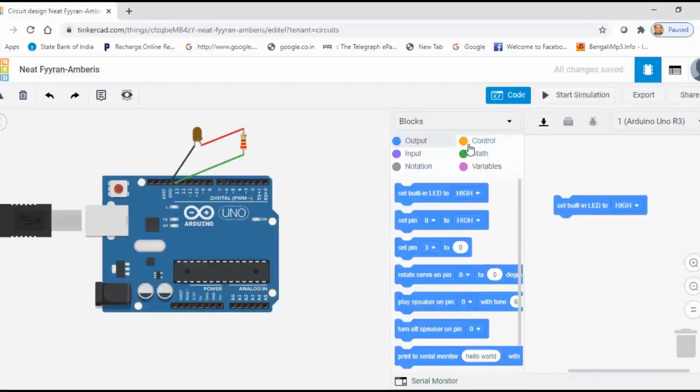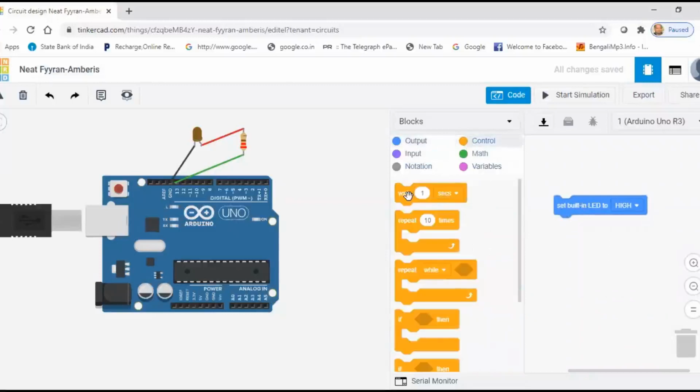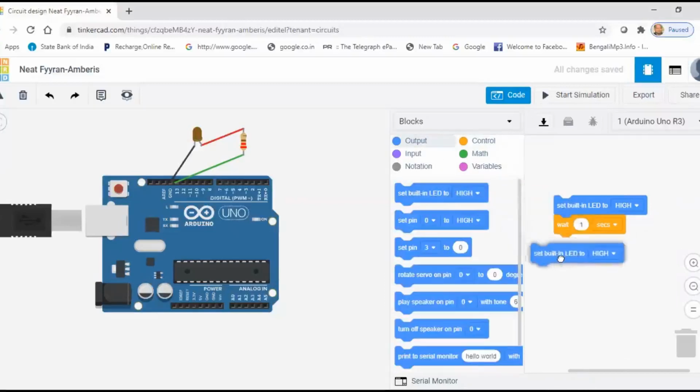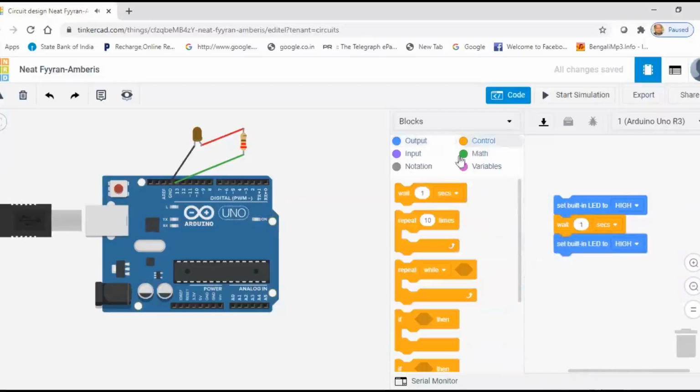Then we click control, and drag the wait block here. Then again go to output, drag the set built-in LED block, then control again, and drag the wait block. So this is the program: high, 1 second delay, then low, and then 1 second delay.